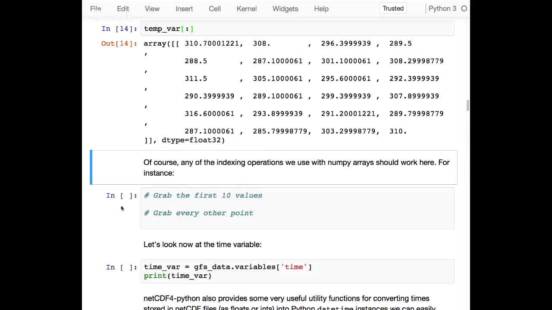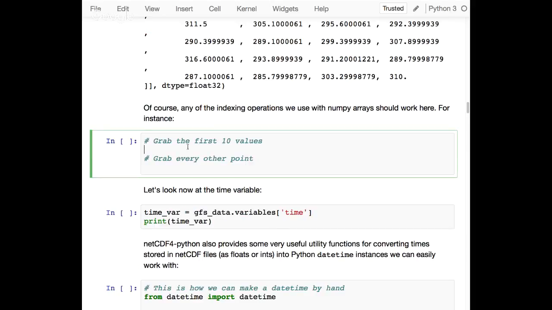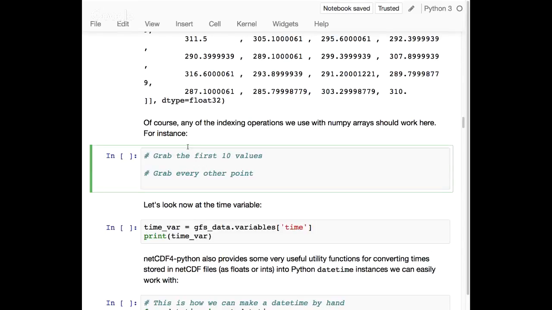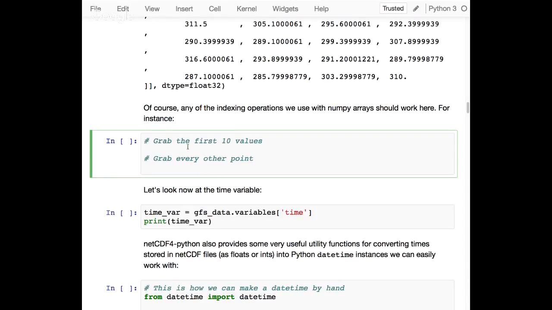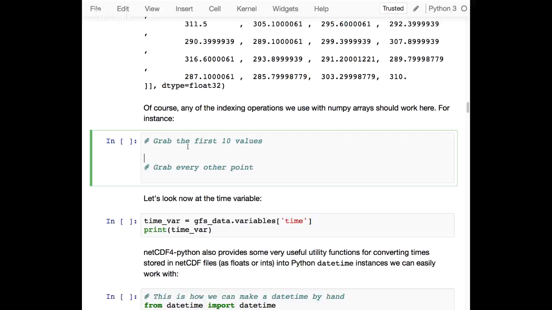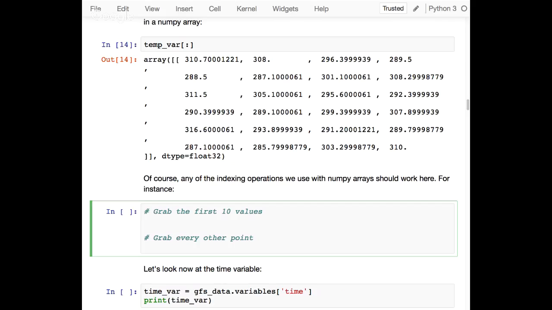Of course, if you had a big field coming out of a climate model, too much for one slice even to fit in your memory, you could still do a subset here when you're trying to get points out and not read in the whole set of array data. You could just ask for a subset of the data from the file, and it would only read those few values. So for instance, again, if I want to grab the first 10 values, so temp var,